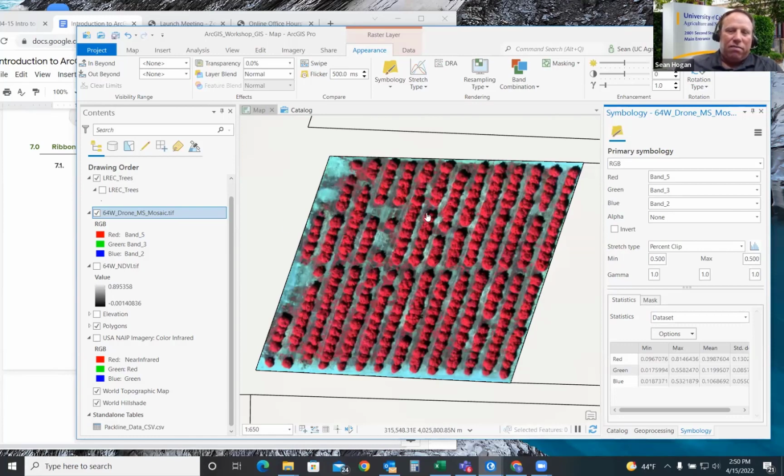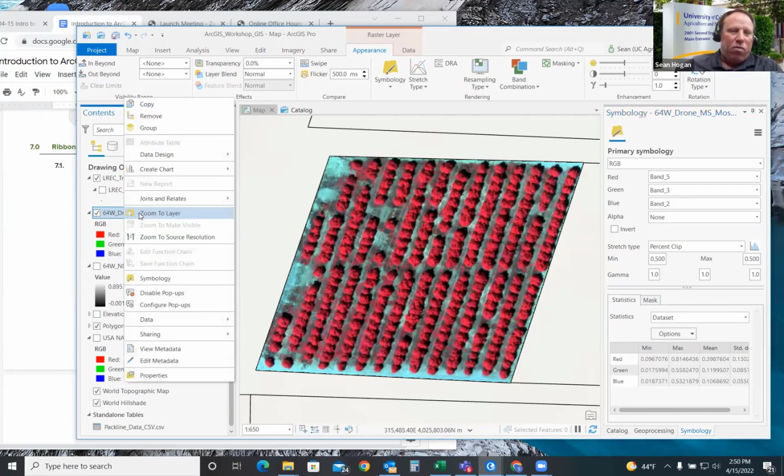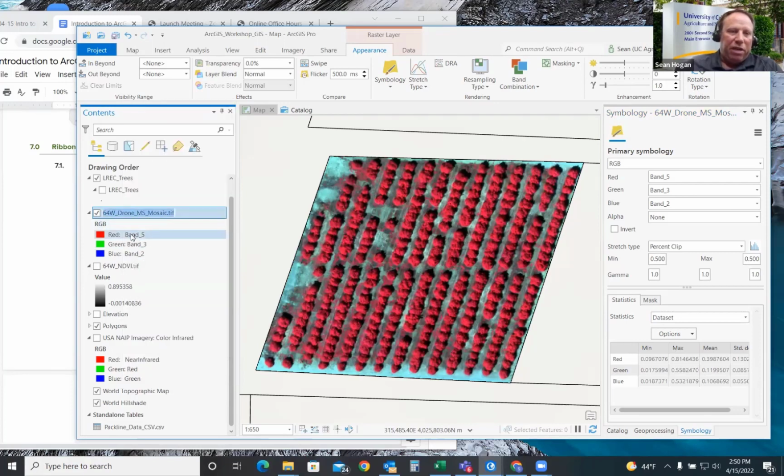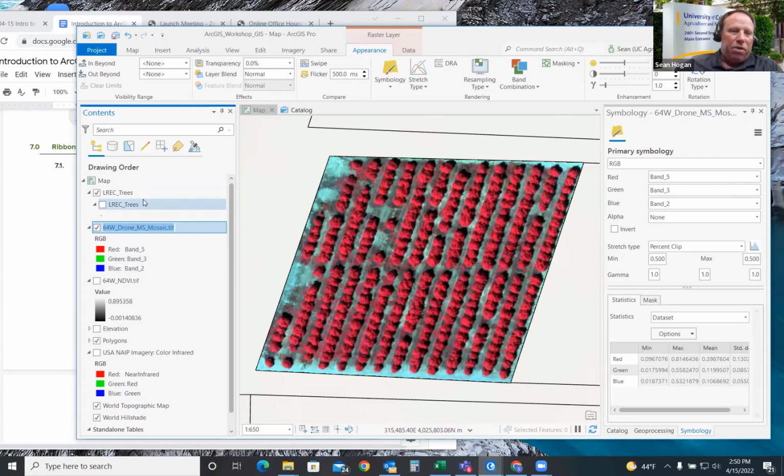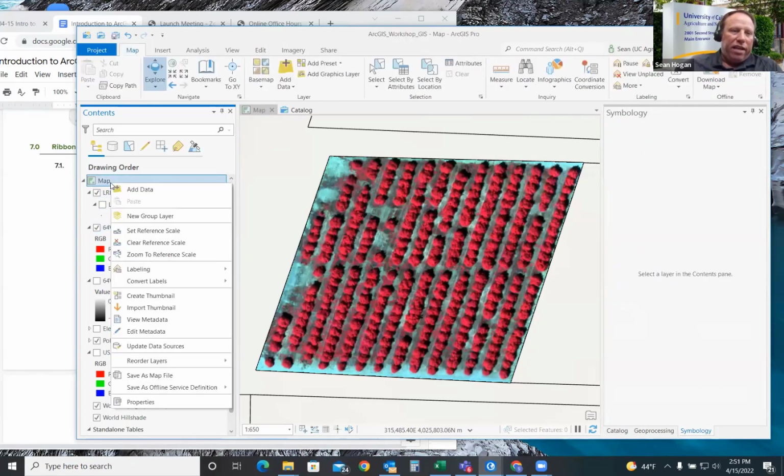It's kind of a workaround, but it's just a way of going about it: go over into your contents pane and right click on this layer. So the one that we just changed, now it's being displayed here, 532. I'm going to right click on it and say copy. Then go up to the top of the map and right click.